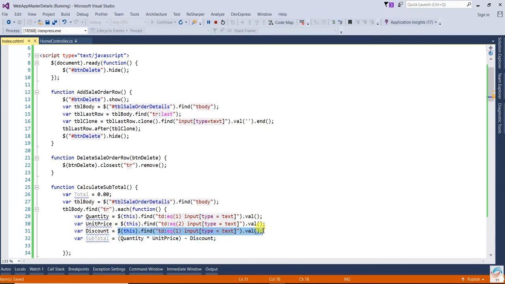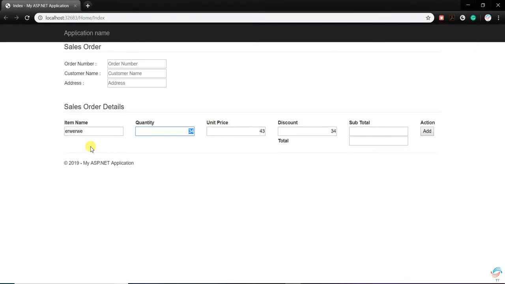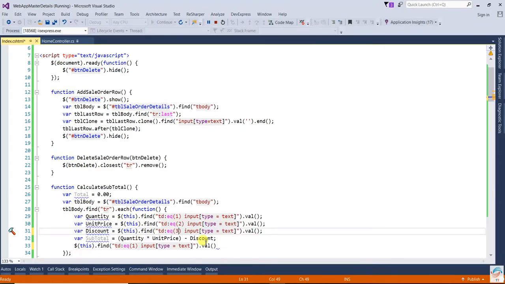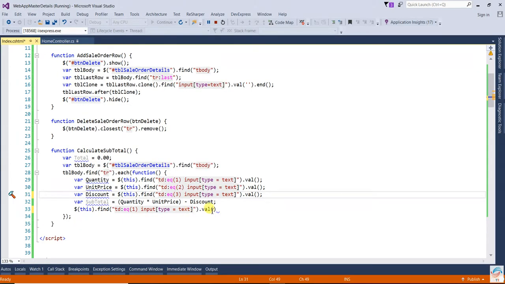So how will you do it? Just copy this one. What's the subtotal, which sequence? This one will be the 3 sequence, 0, 1, 2, 3. This one is a 4, so we have to write a 4. This one will be the 4, and here you can write the subtotal. Okay,